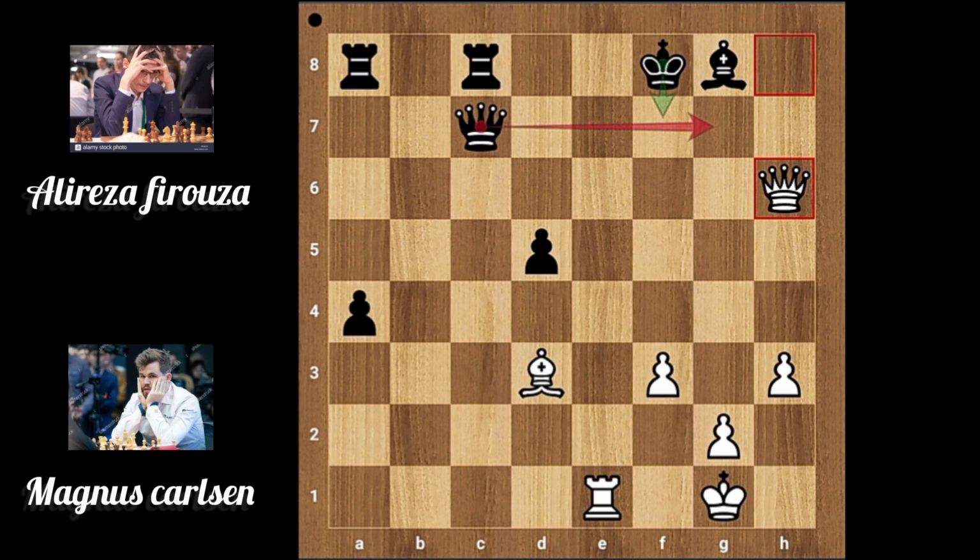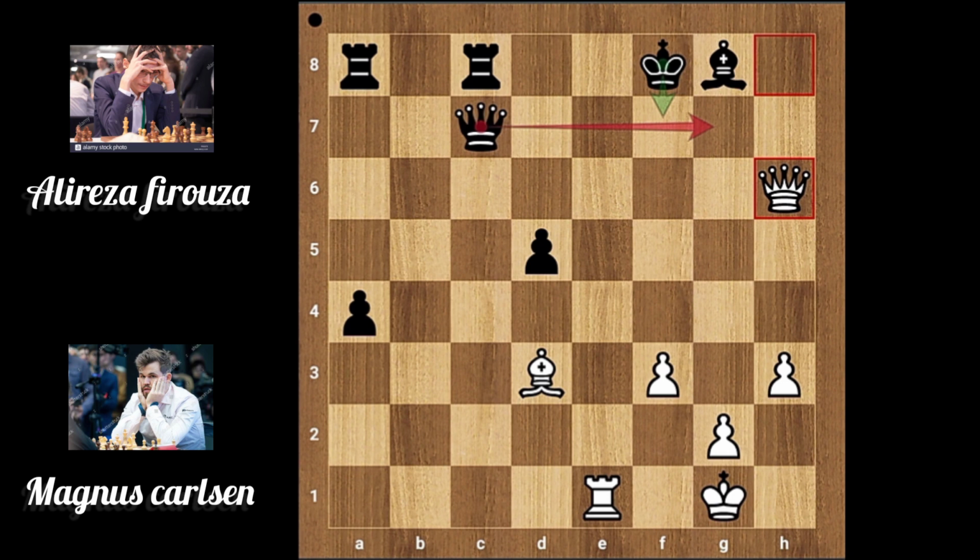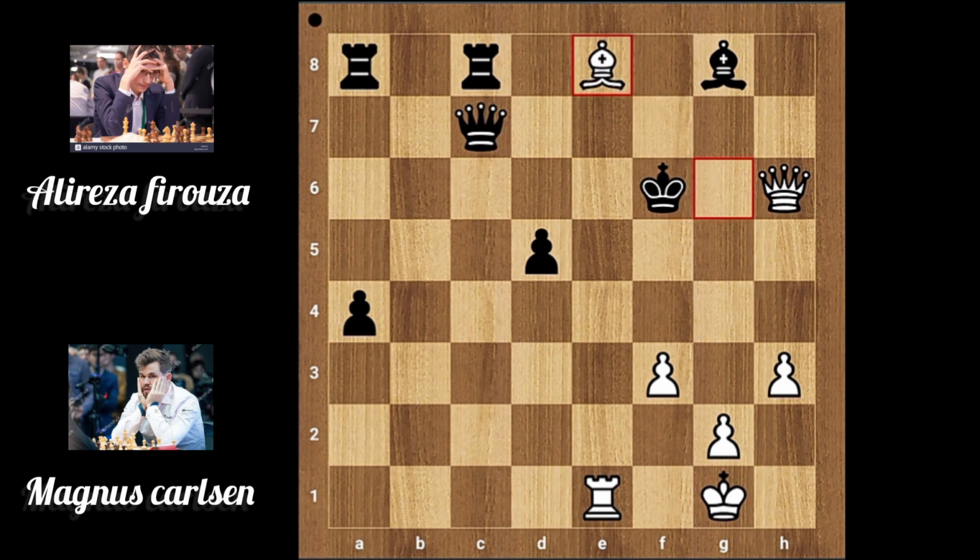If queen g7, queen d6 check, queen f7, queen e7 is mate. If king f7 in this position, then bishop g6 check, king has to move forward, king f6, bishop e8 check, king f5, a beautiful pawn checkmate,